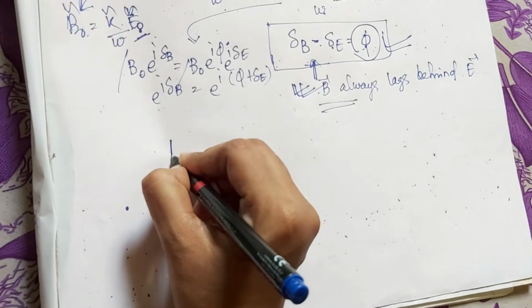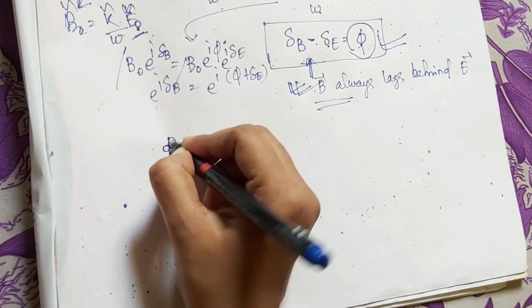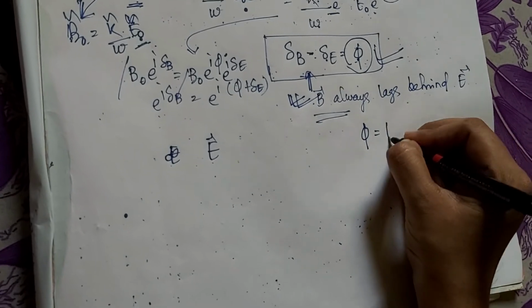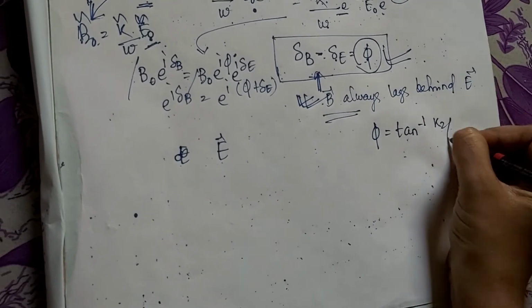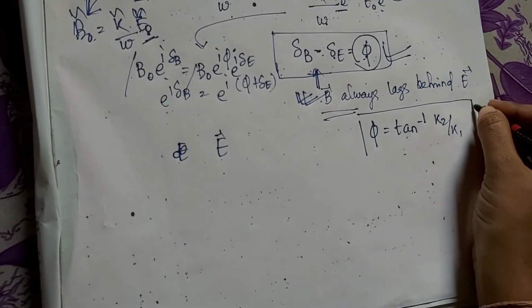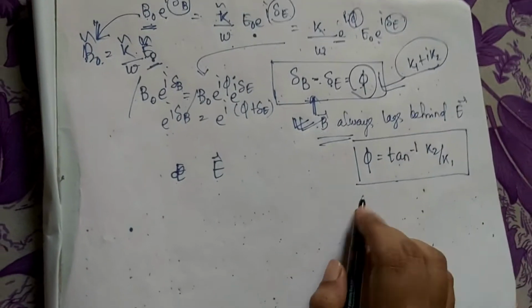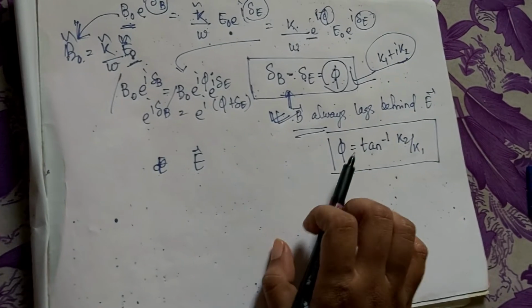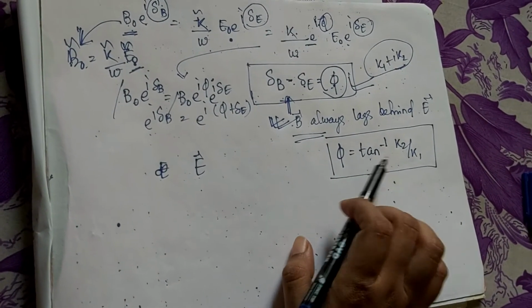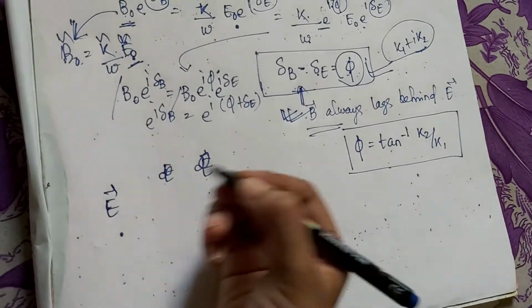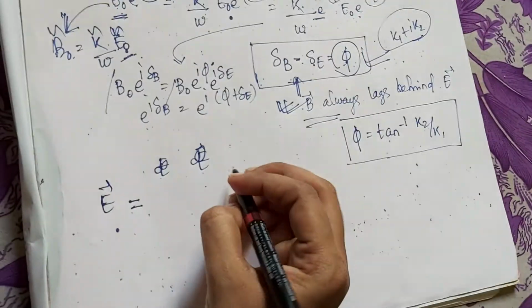So we have the question E, and remember this phase difference phi is equal to tan inverse K2 by K1. As we know, when there is a complex number like K1 plus iK2, from this I can find out phi, the phase difference between the E and B, is tan inverse K2 by K1, right? So we have E, we have to just identify what is K2 and what is K1, then I can get my answer. So E is equal to, here is our question,